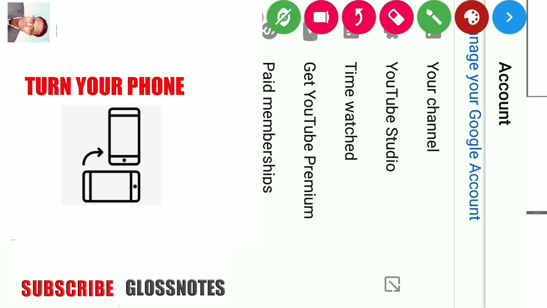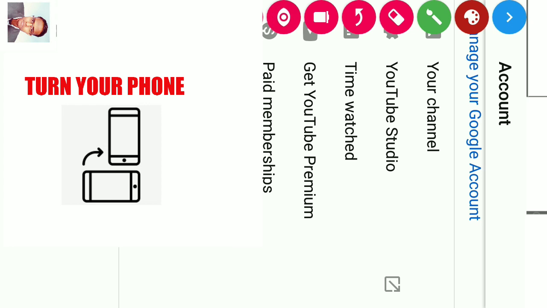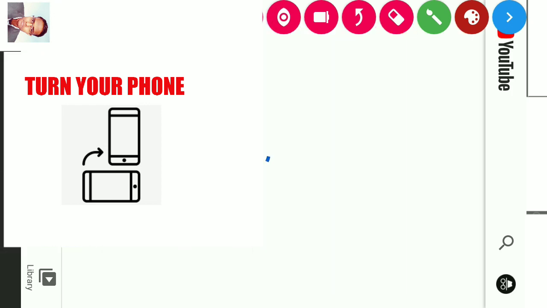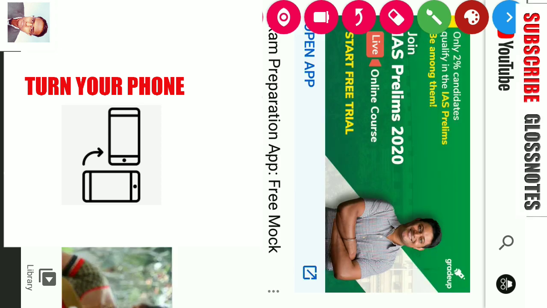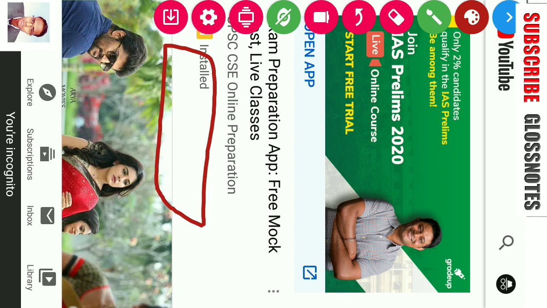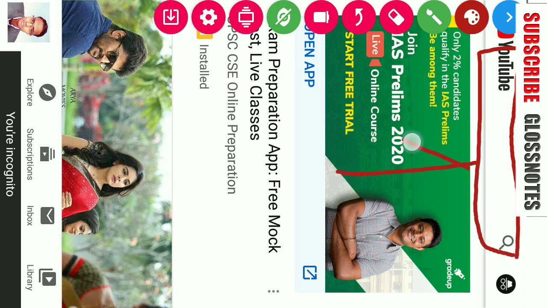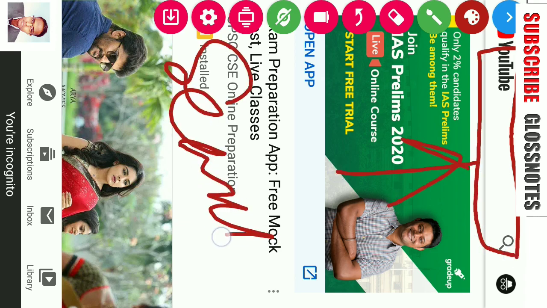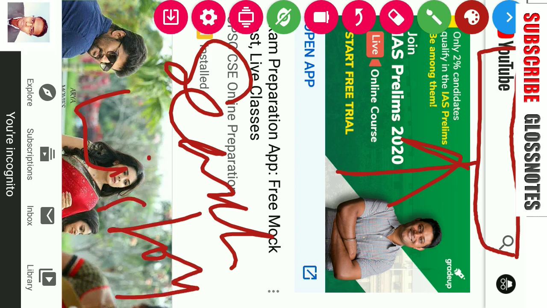This incognito feature, I have just clicked on it. The first change you will observe here is that the email ID which I have linked is removed. Okay, and what I search will not be shown in the search history. Here it is, that is the search history. I have already turned on this incognito feature.